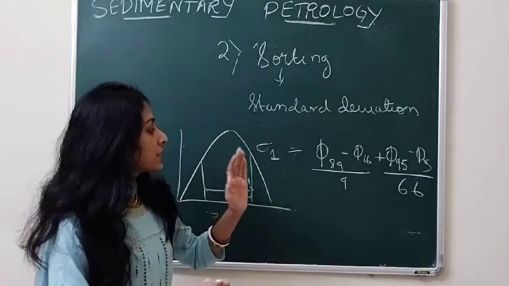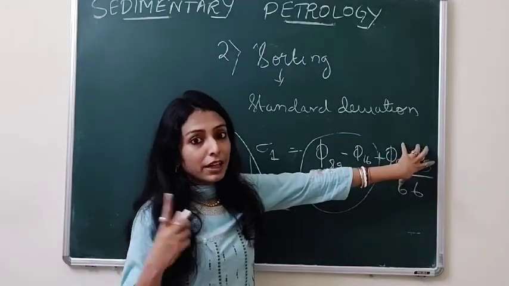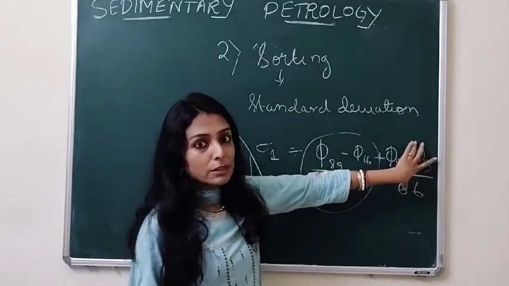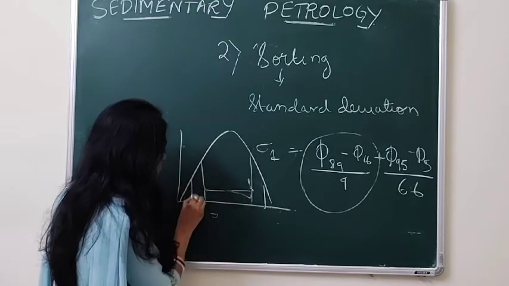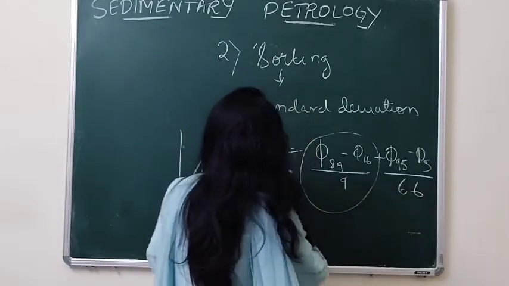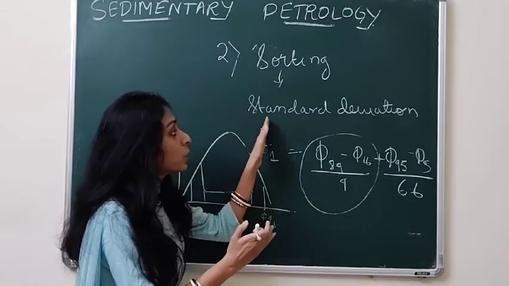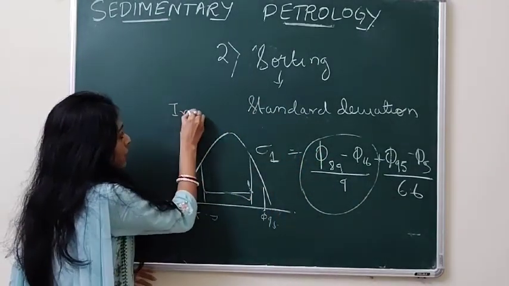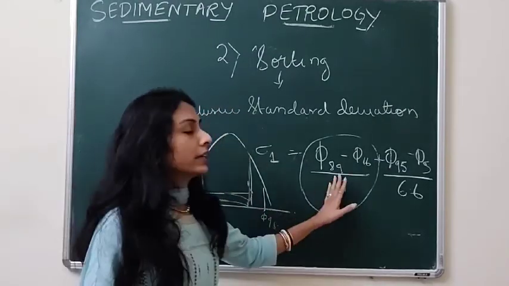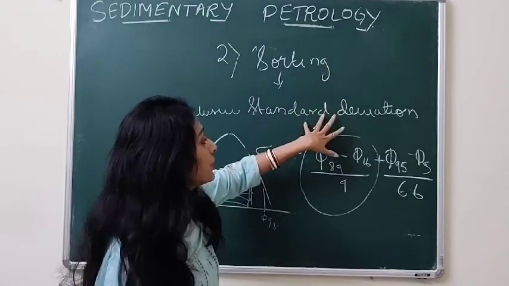But the graphic standard deviation ends here. We don't include the 595 and 55. So the inclusive standard deviation, which we take into account for grain size particles, also includes the end two points, that is 55 and 595. Why? So that your whole graph can be covered. So this is the standard formula for calculating inclusive standard deviation. It is not graphic standard deviation. Graphic standard deviation calculates only almost 68% of the graph with that formula. So clear? How do we calculate sorting? We calculate sorting with the help of the inclusive standard deviation.